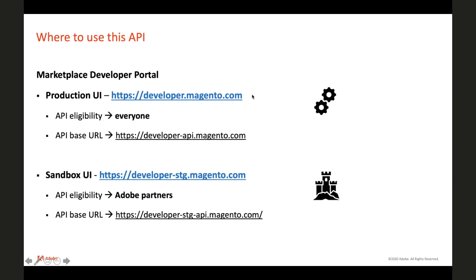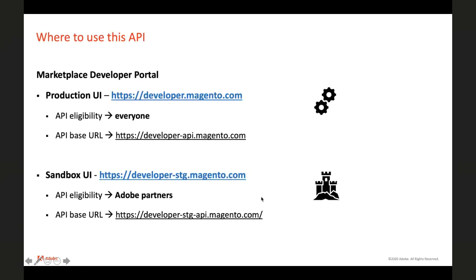So we've seen a screenshot of the developer portal. So this is the URL to get to that user interface. There's an API base URL that corresponds to that. And we'll see the use of this in this first demo that I'll show. And everybody has access to the production